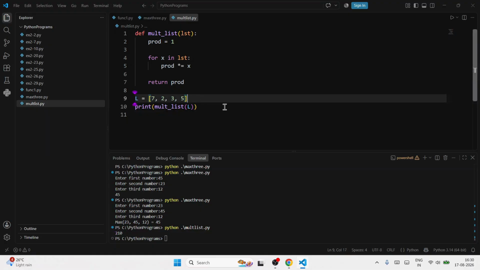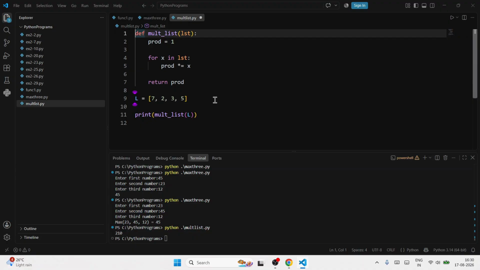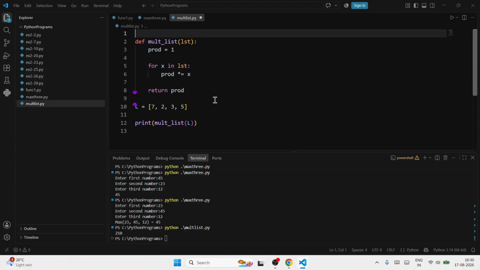You can try with another list. Now some may say this is a hard-coded list. Suppose I want to create that list from the user. So can we do it? Yes, guys, you can do it. What you can do is create one more function for accepting a list. See, def,